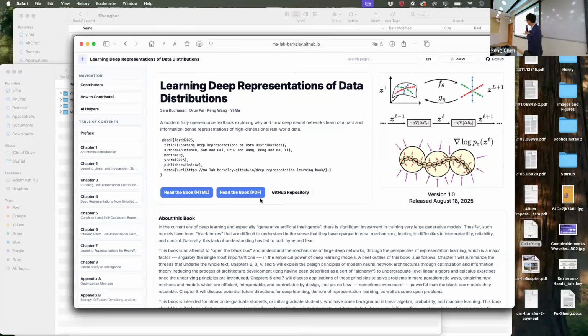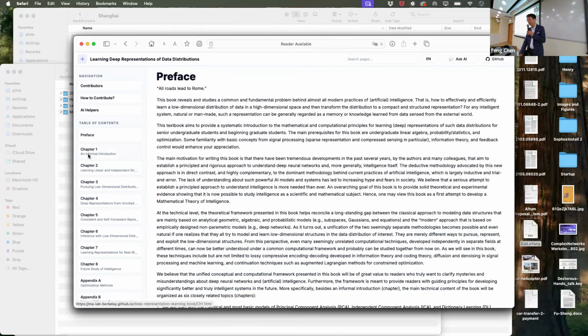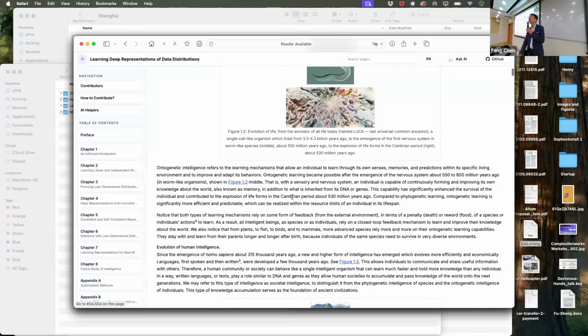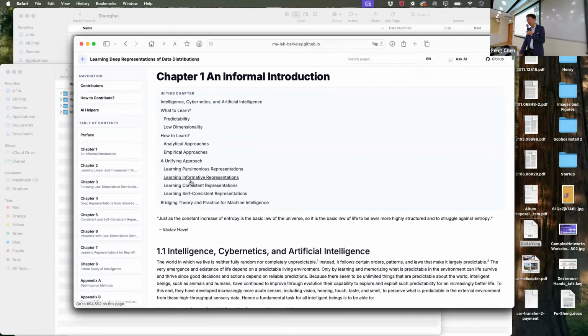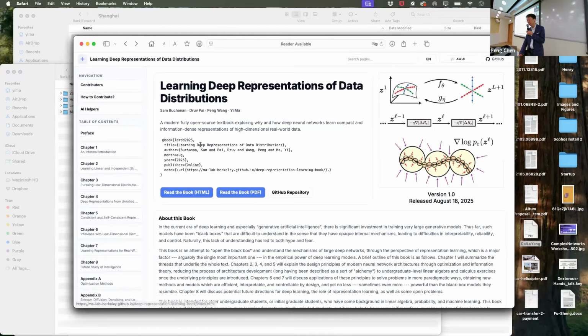We just released this about a couple of weeks ago. And if you don't like PDF, there's also the HTML version. You can go to every chapter. It's all synchronized with the LaTeX, right? Chinese, English. So this is the English version, this is the HTML version, and this is a PDF you can download.